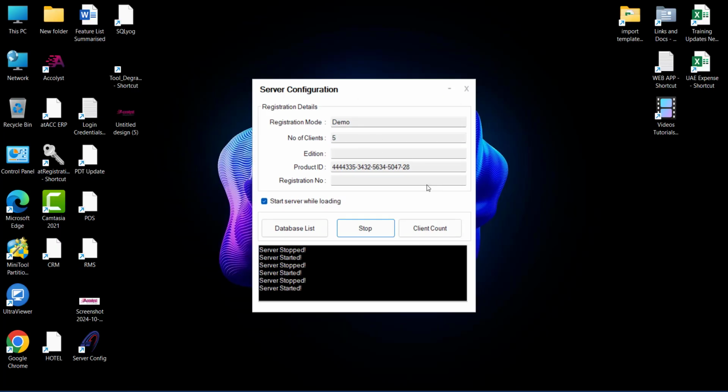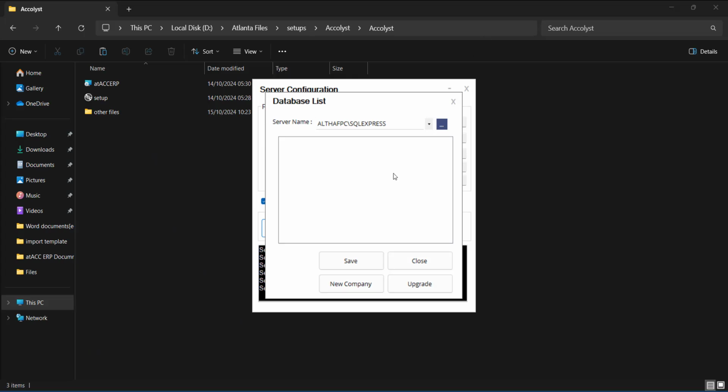Once you open the server configuration, just stop the service and click on database list. So you can see the database list. Here you have to click on the blue color button and it will load your instance name. In my case, this is my instance name. Select it, hit enter. If you're doing it the first time on a fresh system, you can see login failed for user. What you have to do is just copy the instance name,